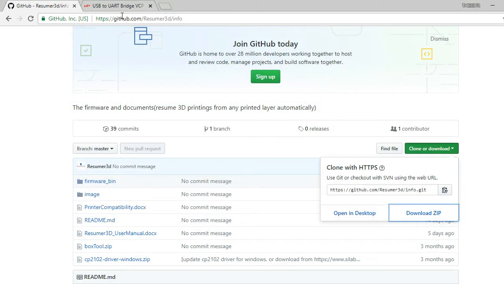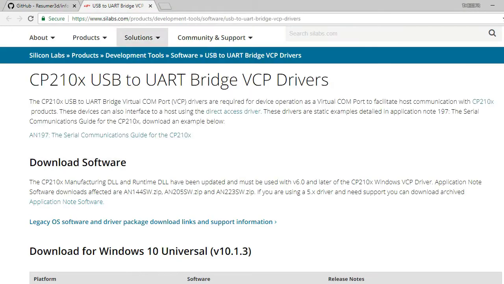Once you've done that, the second site you need to go to is this one. I will leave links down in the description for these sites,